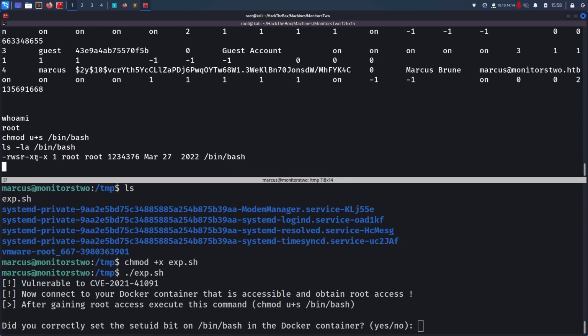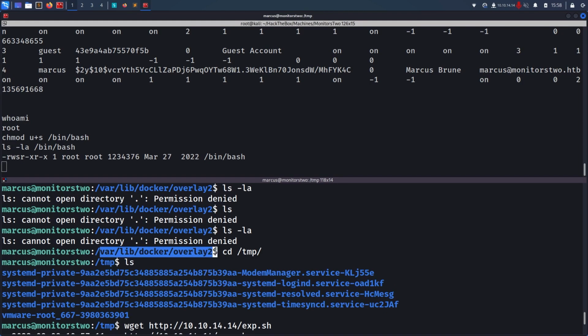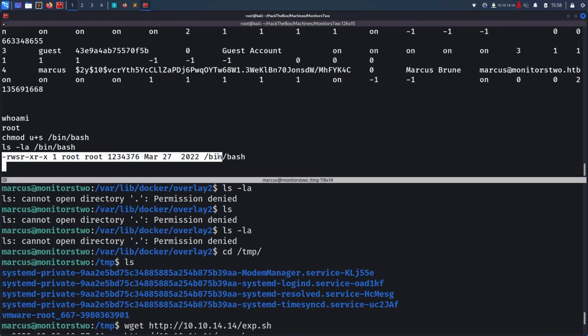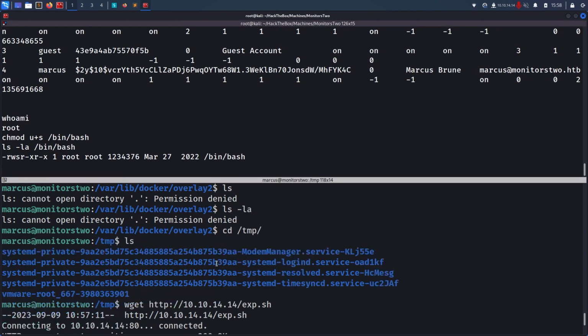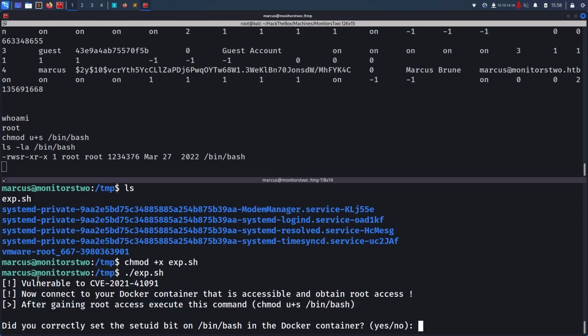So now you might be understanding what is going on behind the scenes. So the Docker container is actually existing in this path, which is /var/lib/docker/overlay2, right? And I have set up /bin/bash SUID. So now what I will do is run /bin/bash -p with the full path of the Docker container on this host system, and I will become root on MonitorsTwo. So that's the whole idea, I believe. So if I do yes, enter,